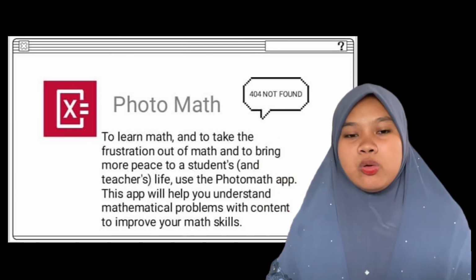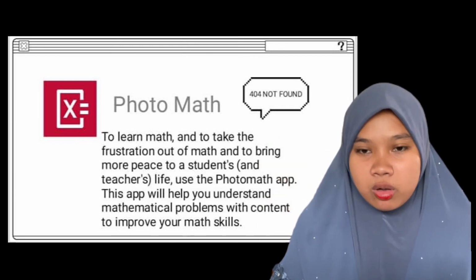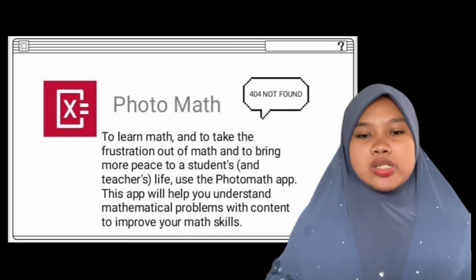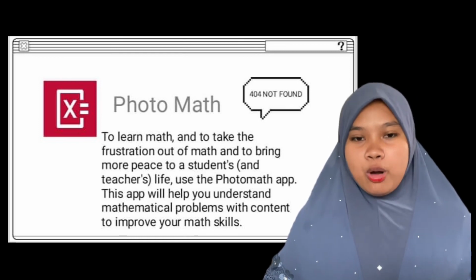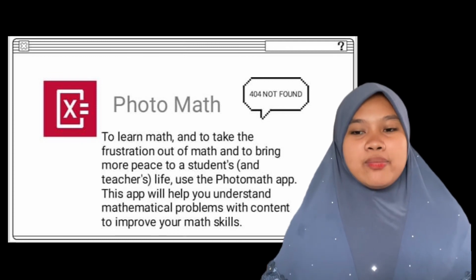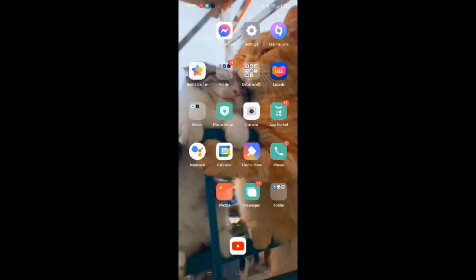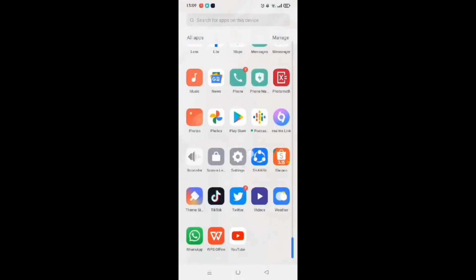Then lalabas mismo dito yung sagot, and this application gives you step-by-step explanation. So, Photomath explains the calculation. So, paano nga ba siya gagamitin? So, let's try. So, by scanning your problem, by the way, ito pala yung